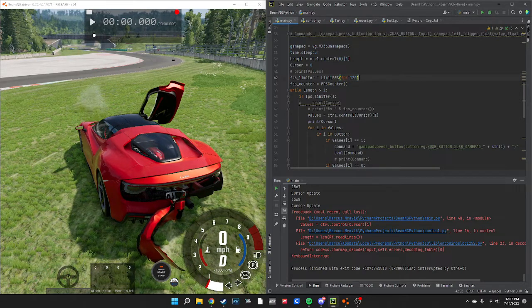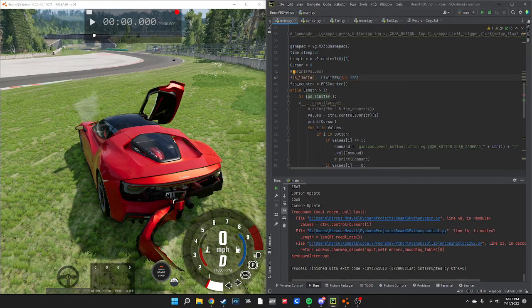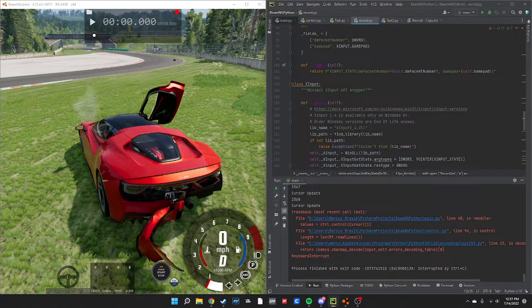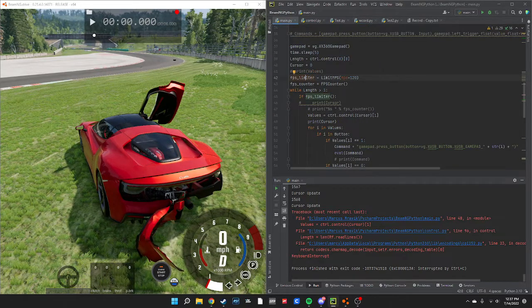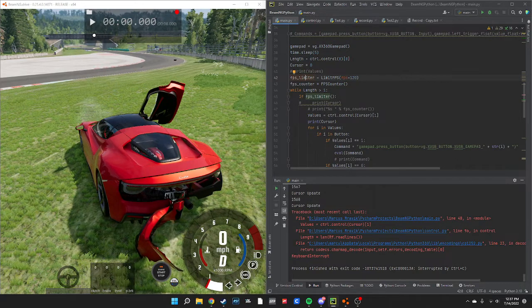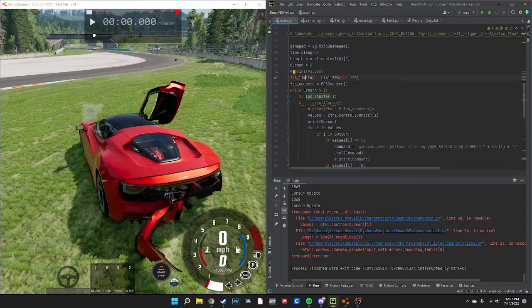The reason that I have this at 120 right now instead of 60 or 30 is because I was trying to see if capturing data and playing it back at a higher frame rate would help in any way, even though this is only running at anywhere between 30 and 60 frames a second. I don't think it goes too much outside of that.